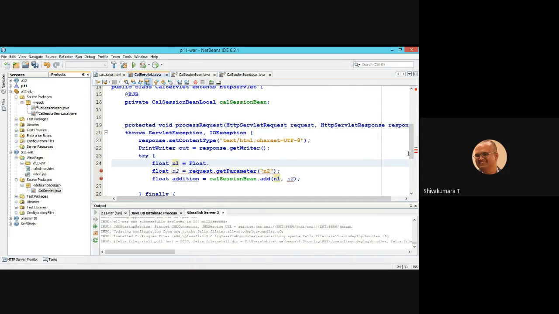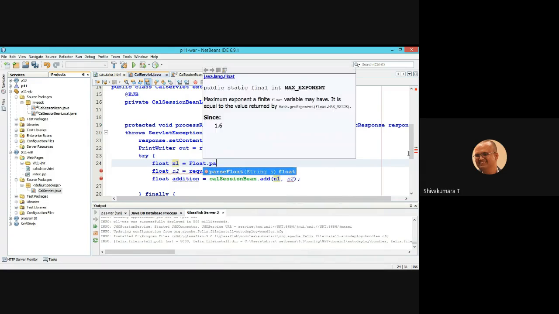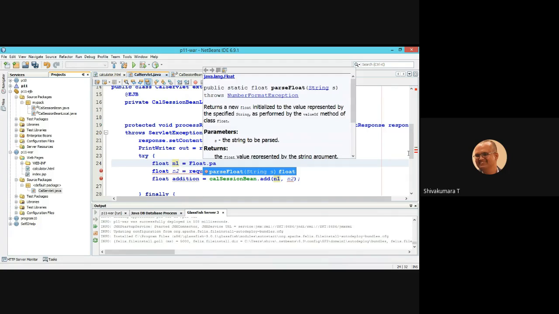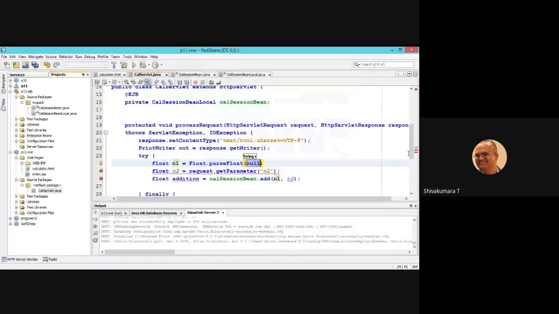Float dot parseFloat of request dot getParameter of n1. Similarly, Float dot parseFloat of request dot getParameter of n2. Okay.